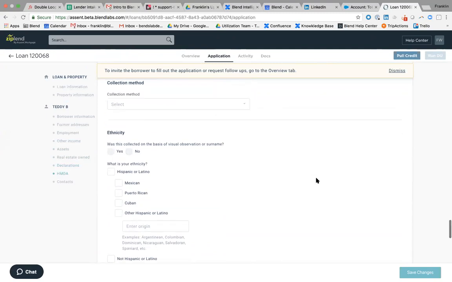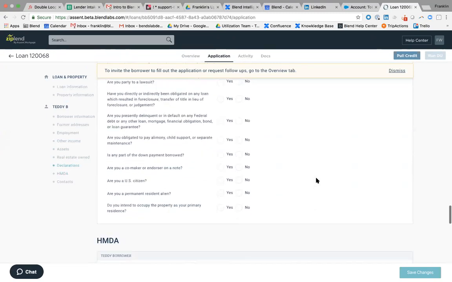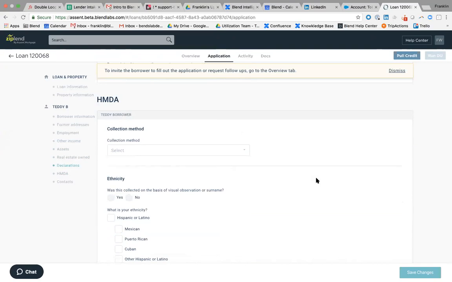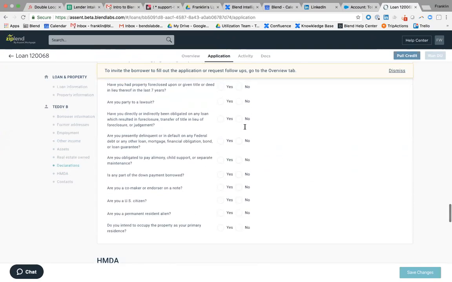And as I showed you yesterday, it's easier for them to do HMDA and declarations themselves anyway than it is for you, okay? Because I have to leave all these little sections blank. Now, once you've put in as much as you want, you're ready to send an invite to the customer. Like I said, nothing happens here until you initiate the invite process to the customer as far as their engagement is concerned, right? You're going to hit Save Changes,